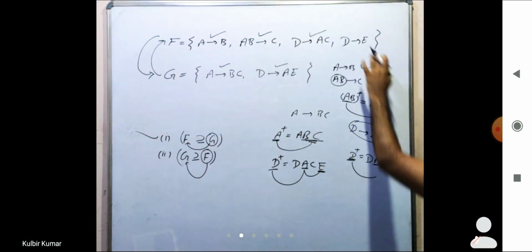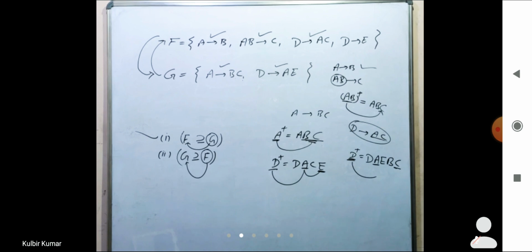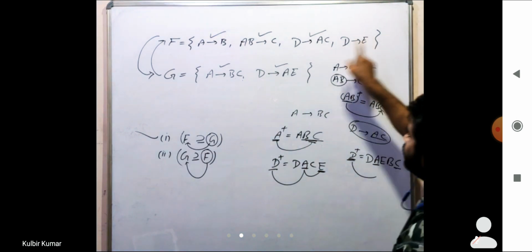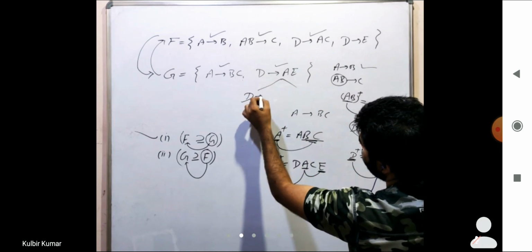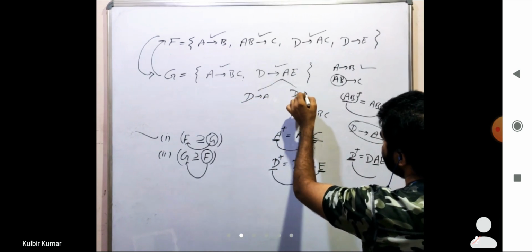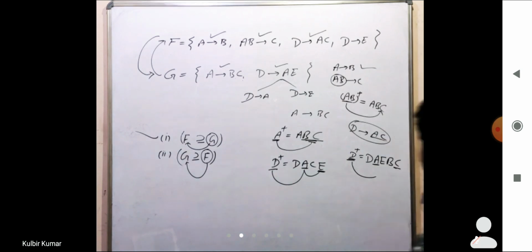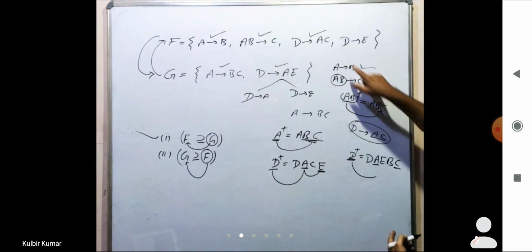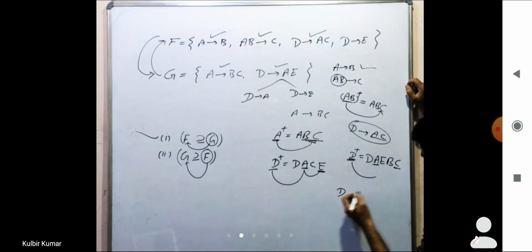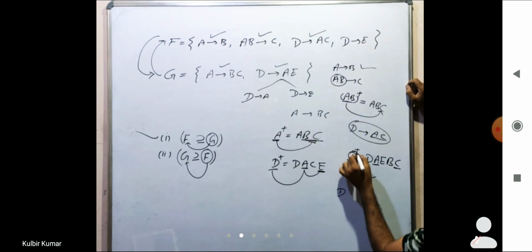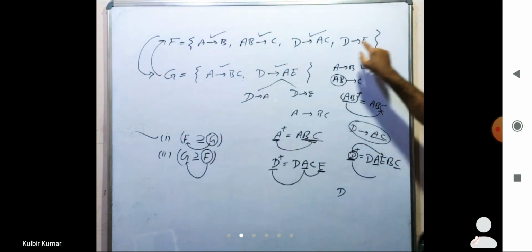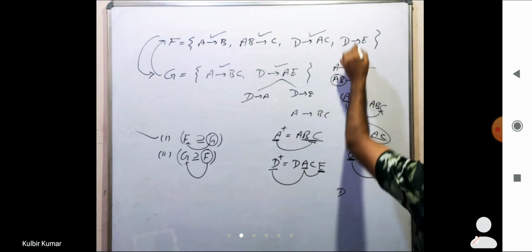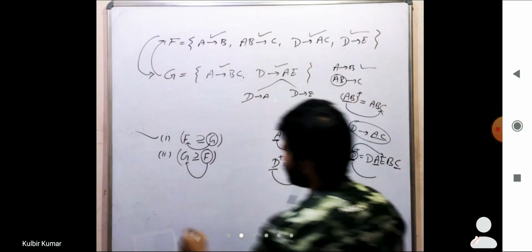What about D goes to E? Yes, D goes to E also deriving. Here it seems D goes to E, because इसको ऐसे लिखा जा सकता है ना, D goes to A and D goes to E. So it is also deriving. और ऐसे कर सकते हैं कि D का क्लोजर लेंगे तो क्या आना चाहिए? E. E आ रहा है ना? Yes. So ये imply कर रहा है यहाँ पे. So finally all are implying. This one also implying. So we can say this is also true.